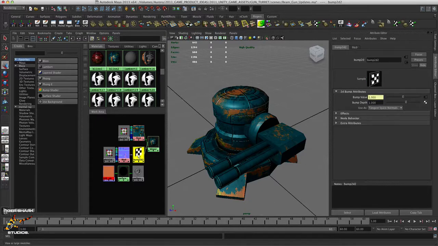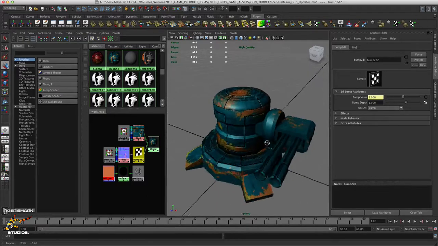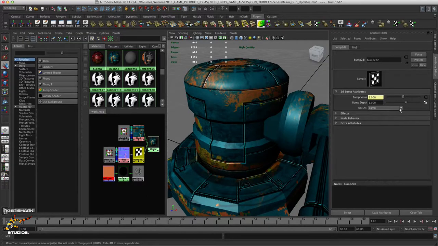And just to go back to the bump or 2D bump parameters, I switched it from a bump map to tangent space normal, so it works as a normal map. If I click it back to bump map, you can see it gives you a completely different result, where you can change the bump value. Actually, sorry, the bump depth, I should say. But I'm going to leave it on tangent space normal. It doesn't really affect it, but you know,